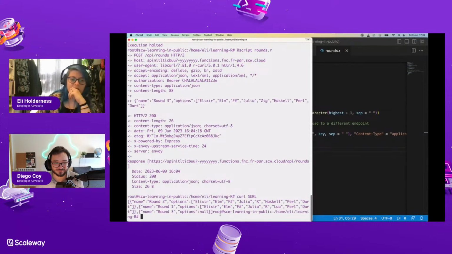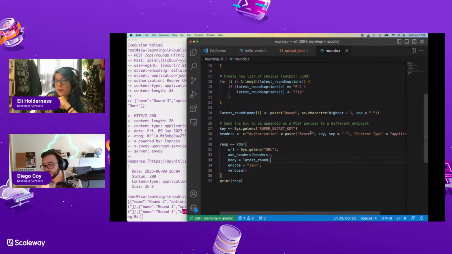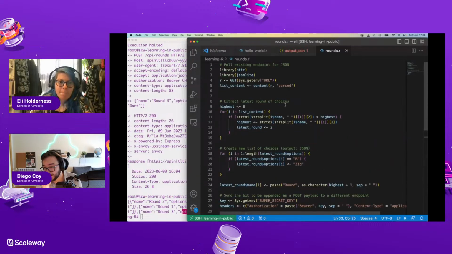Yeah, this gives us options null. No, yeah. So, do you have the answer? No, I don't. But what if we do something with the first for loop? Yeah, the one getting the above name. Where we define latest round. Over there, we are setting the whole object, right? Yeah. And you're not specifying anything there.